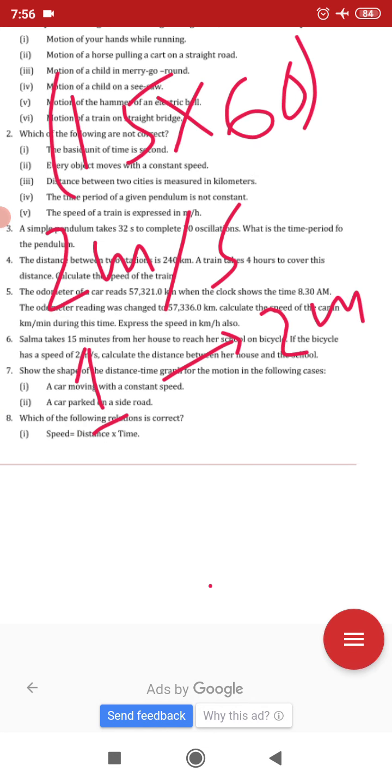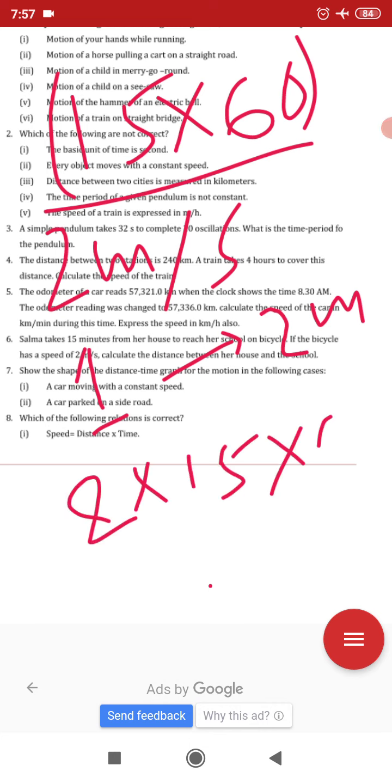Clear? 15 minutes should be converted into seconds. And how to convert minute into seconds? Just multiply 15 by 60. You'll get your answer. And then just divide the number. Not divide. 1 second 2 meter. So just multiply. So 2 into 15 into 60